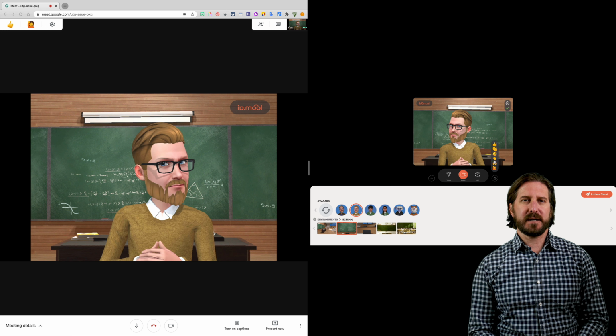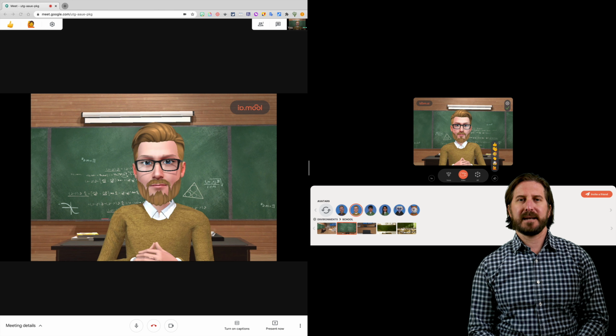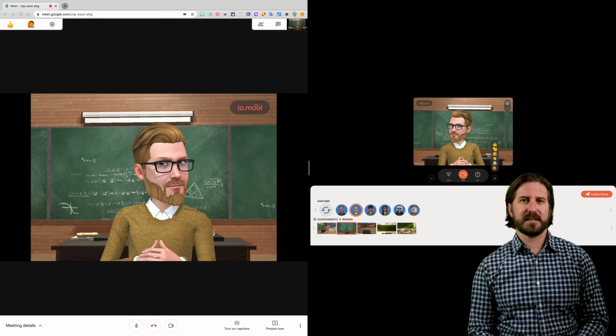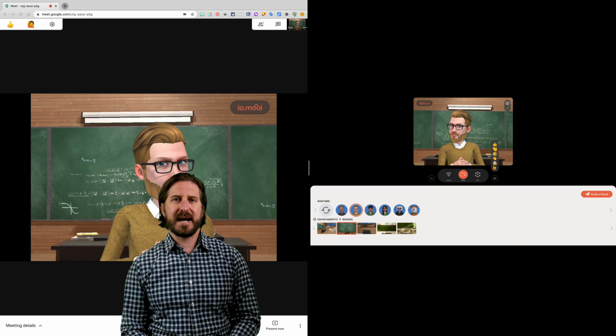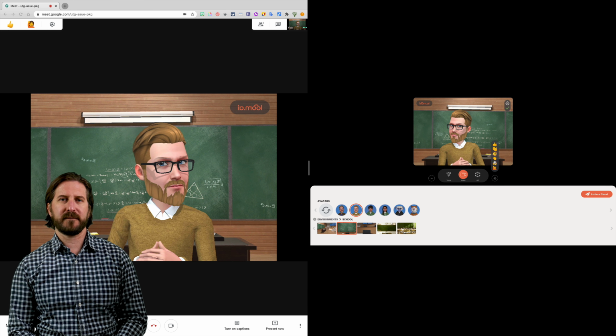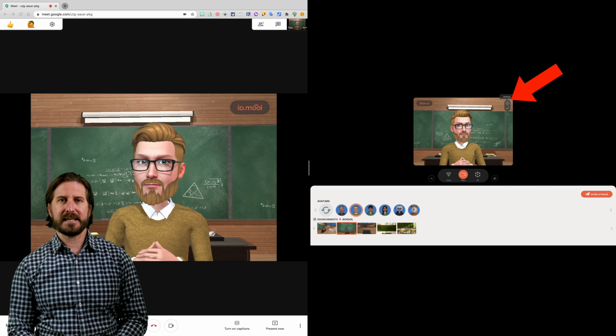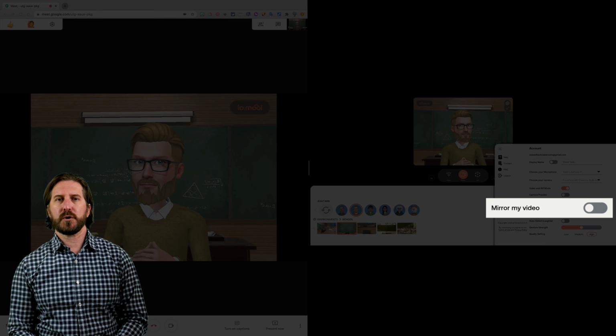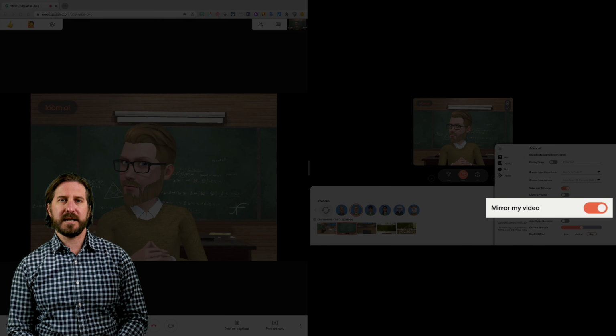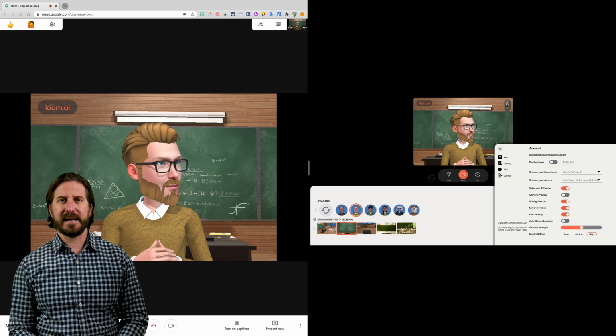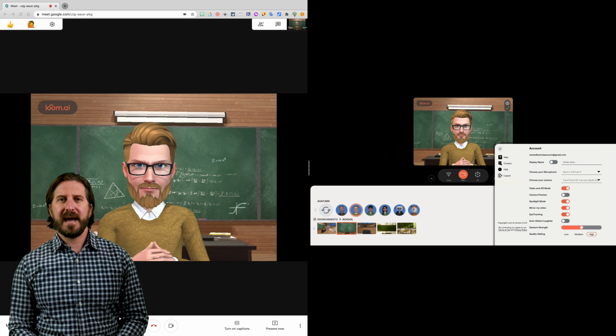Now, one thing you might have noticed is that the text is actually backwards in my Google Meet meeting, and it's tracking my image in opposite directions. So if you want to fix that so that what comes through in your conference meeting looks exactly the way that it looks on your Lumi Live camera, you'll want to go up here to settings again, and then you'll need to turn on mirror video. So once you have that option turned on, you'll see that now when I move my head left or right, it follows that direction and mirrors my gesture in the way that I'm predicting it will.